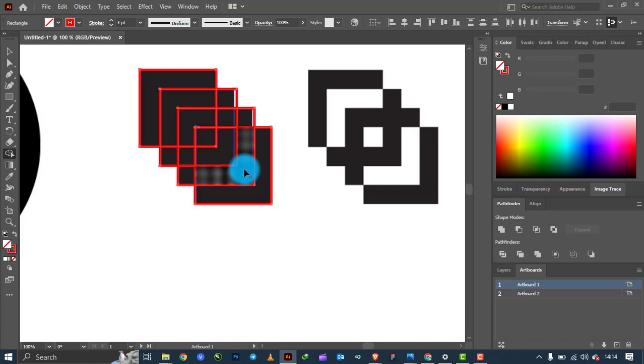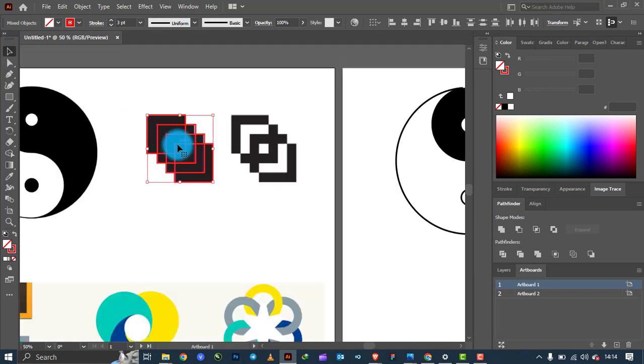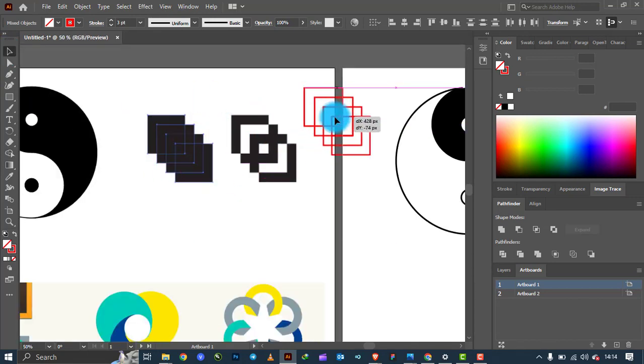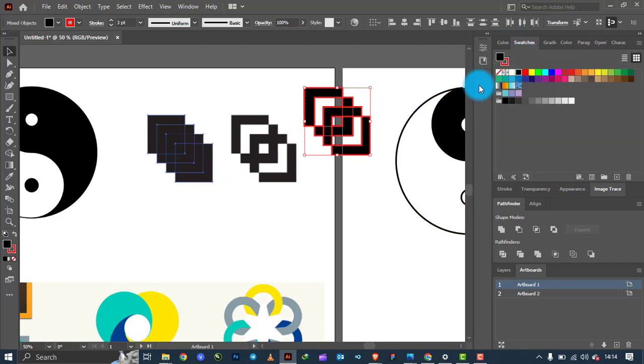So I'm going to use that. Hold Alt on my keyboard and click, then hold Alt and click also this, hold Alt and click that. Then I'll come to my selection tool, click and drag this, place it there, give it a fill of black,